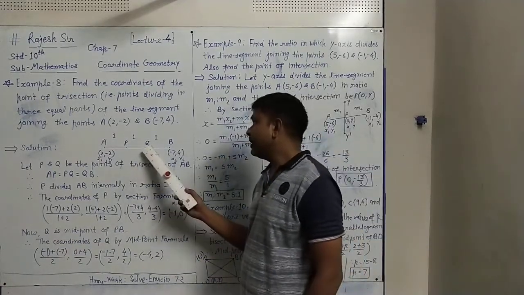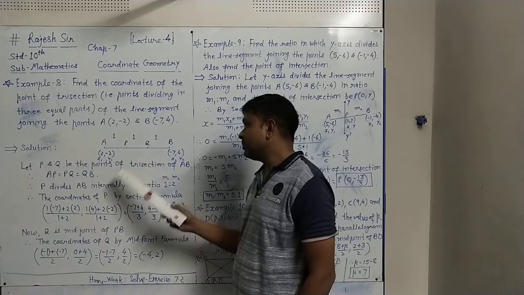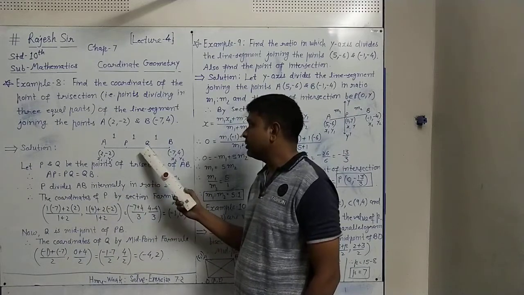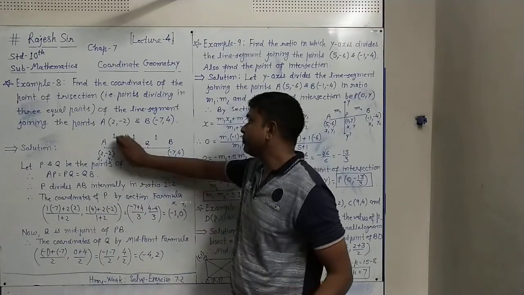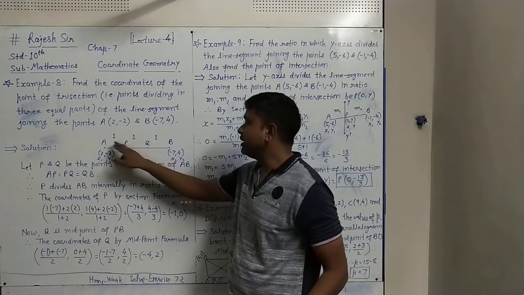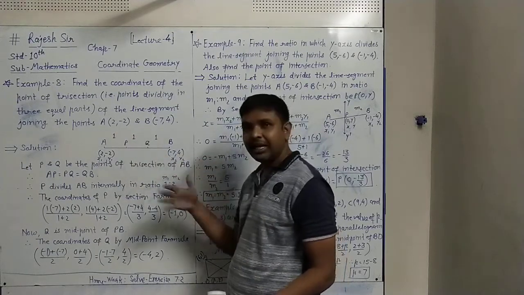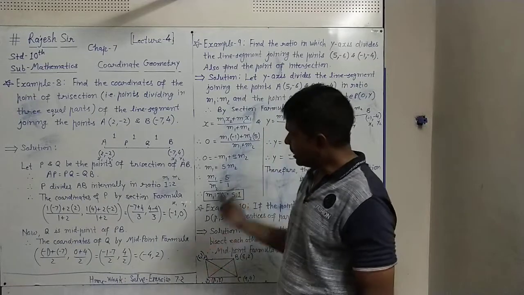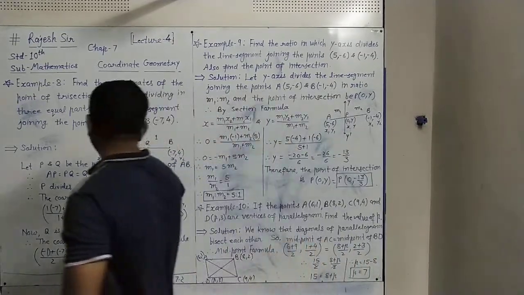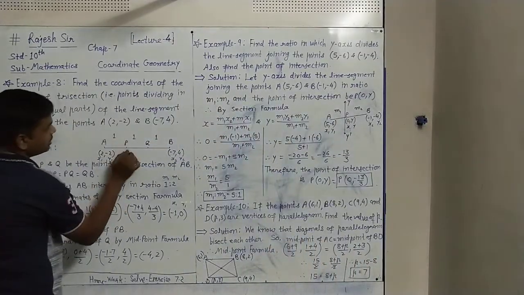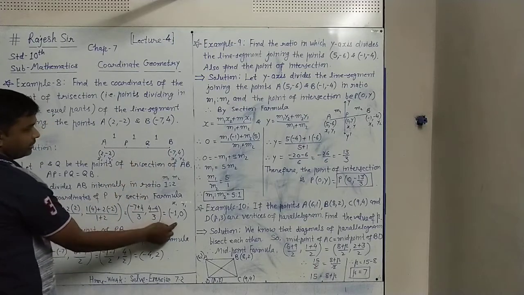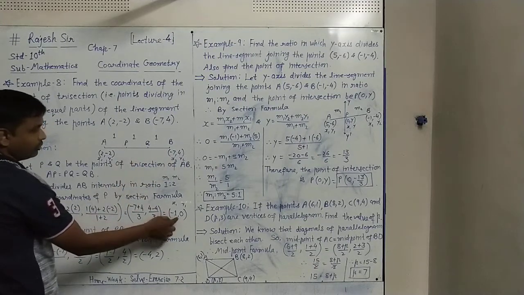Now Q, we can find this Q by the same section formula also. If you hide P, this Q is dividing AB in ratio 2:1, that way also we can do. And another way also we have: if you hide this part A, just you see P and B, now you know P. The coordinates of P now you know.